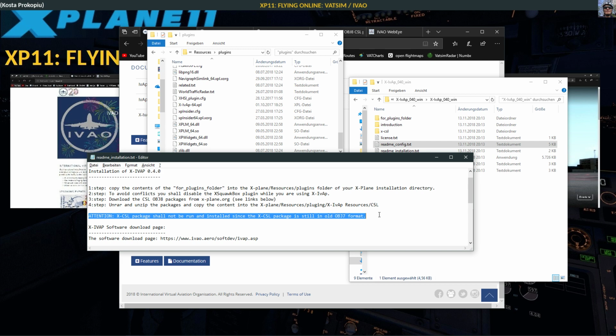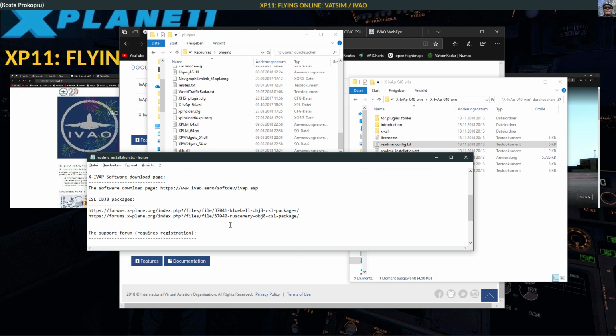What you should do instead is scroll down a little bit and you have two links here. These are the so-called Bluebell models, and they are in the correct format, Object 8. This is about 700 megabytes, plus a number of more files, like for example the next one, which is Russian stuff. So you get some Antonovs and those kind of things. You basically download a lot of airplane objects